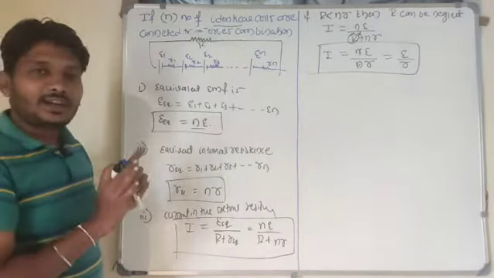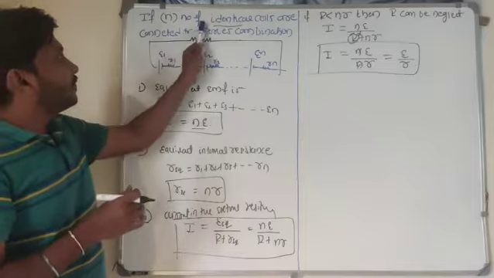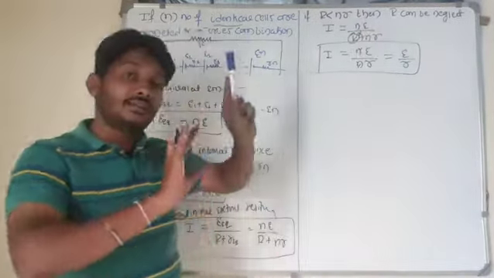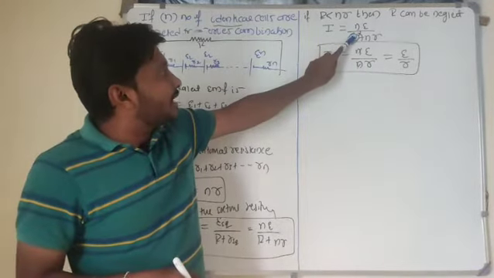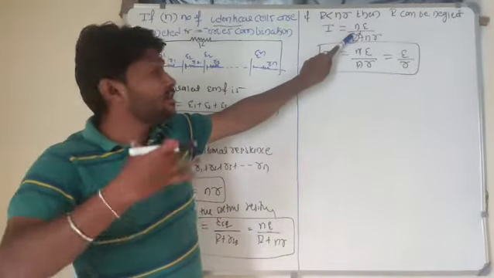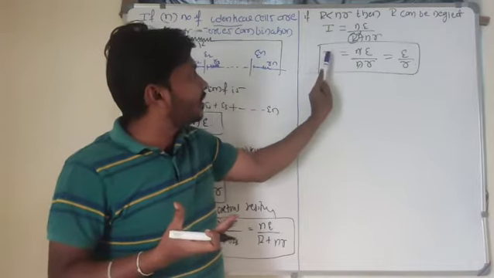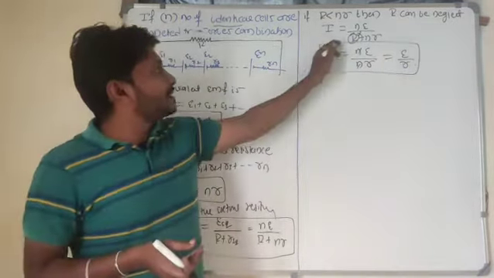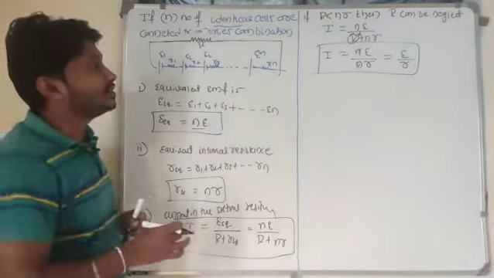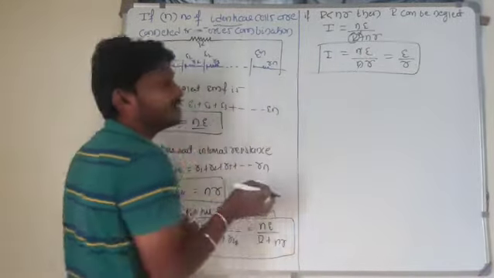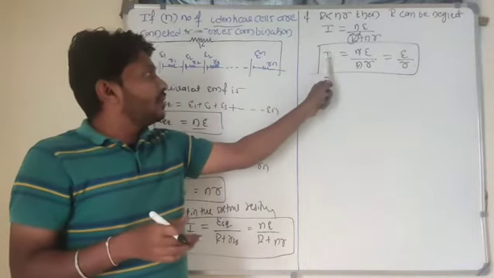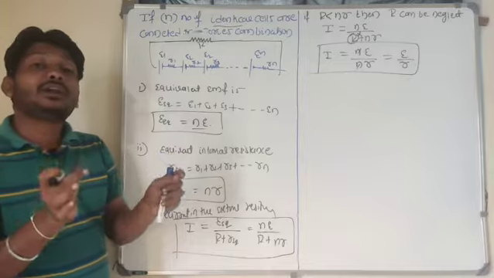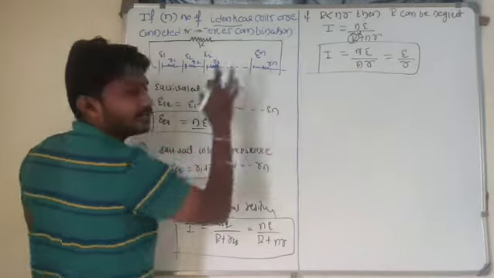What do I need to understand here? Listen here, if the value of external resistance is very much less as compared to internal resistance, so capital R is nothing but external resistance, and if I skip that value, I got I is equal to E divided by r here. Here I represents the current through the external resistance. So current through the external resistance is equal to what here? I is equal to E by r means the current through the external resistance is equal to the current due to a single cell. So here n number of cells are there.